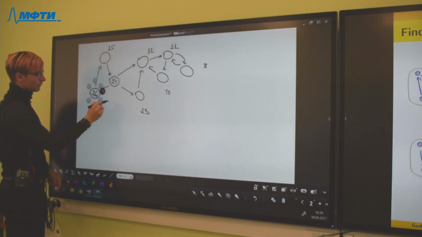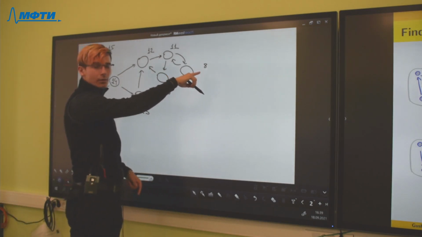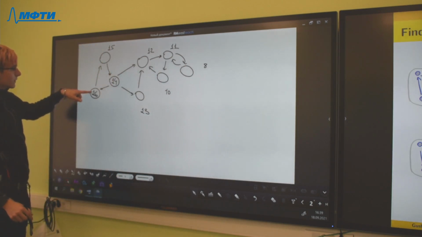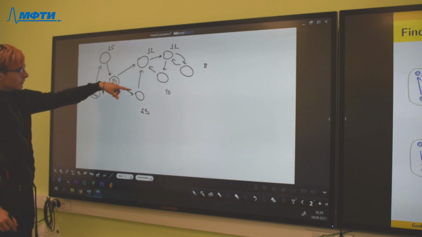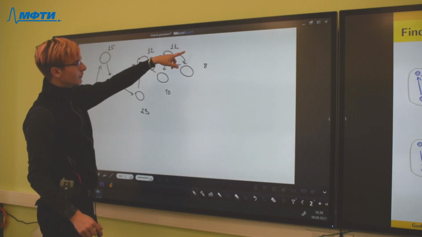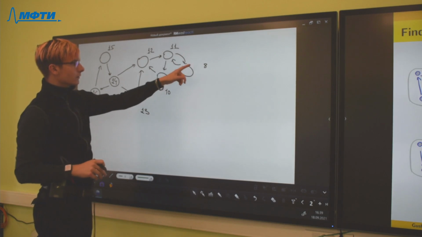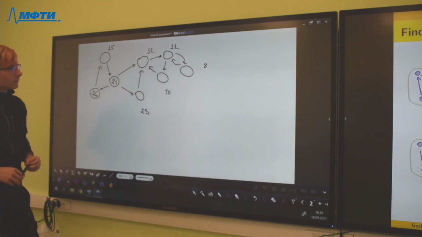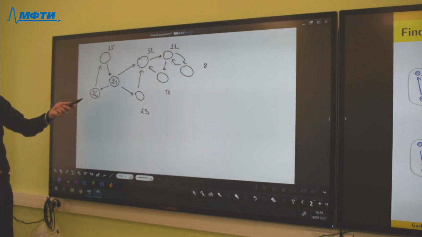Why is the last one number 8? Because when we start with this vertex, it was the first time, second, third, fourth, fifth, sixth, seventh, and we finish with it at time 8.